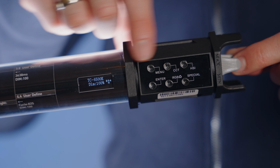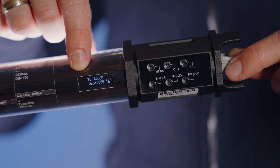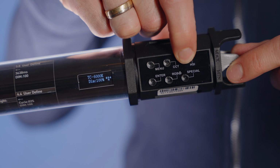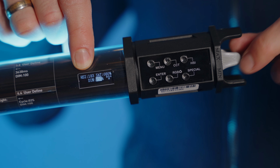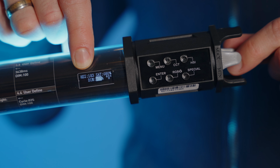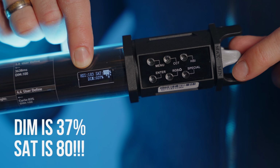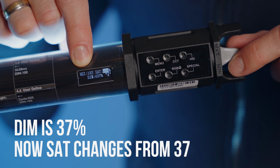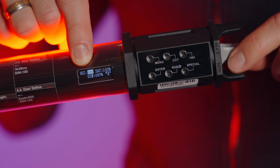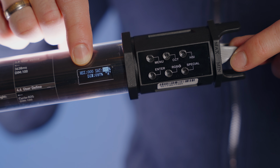In the CCT mode, you have one knob to change the Kelvin value, and the other knob changes the brightness. That's okay so far. Now in the HSI mode, things change a bit. The first knob changes the value you have selected, and the second knob changes the selection, so which value you want to change. And here it gets tricky, because when you change the selection and then change the value, you start with the value of the former selection. Look at that, I bring down the hue to 0, the saturation is 100, and then I turn it a bit and I'm starting with 2,